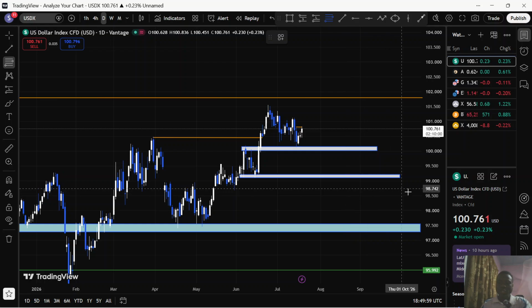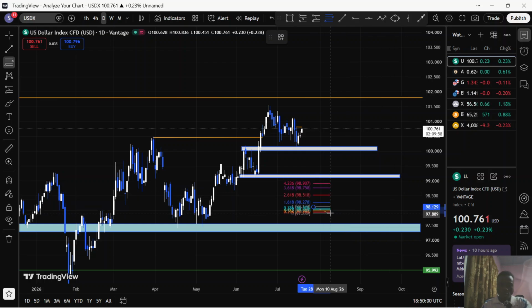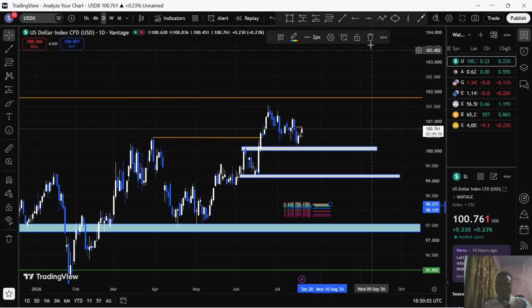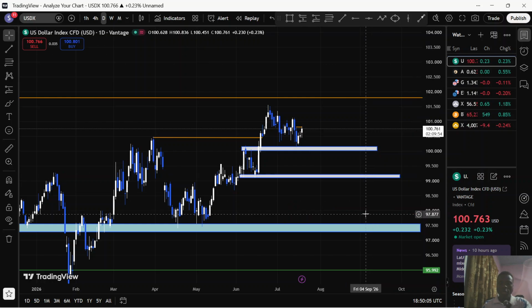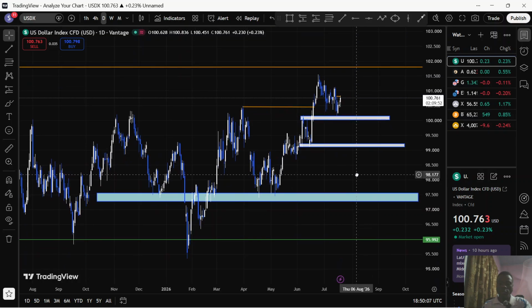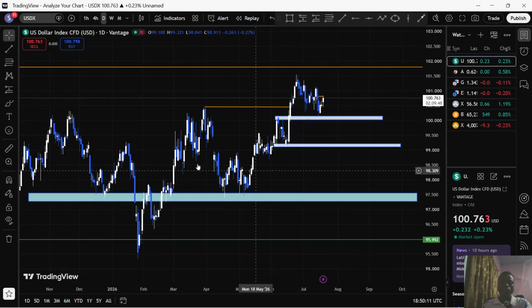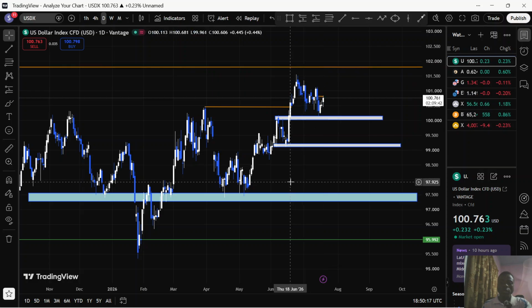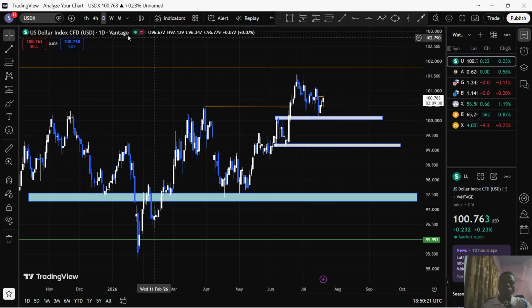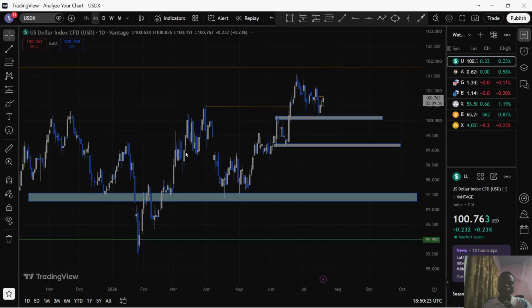Let's get into the charts. So, from here, remember the last video? That was my first video I uploaded telling you guys about this dollar index. I'll be expecting this dollar index to hit this orange line, but before that, it should bounce off one of these zones. And as expected,